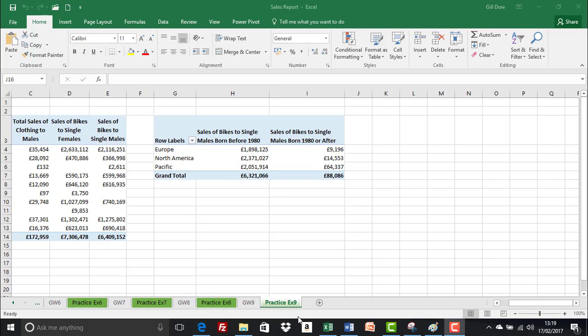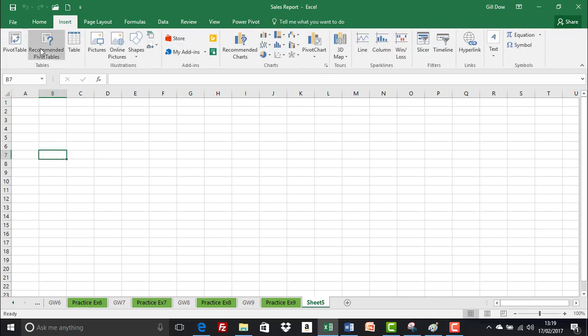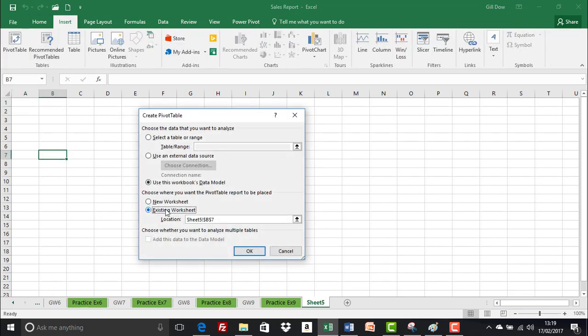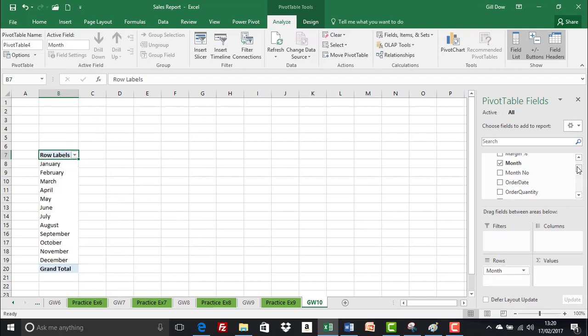So we've been asked to insert a new pivot into a new worksheet. I'm going to take a different approach. I'm going to add a new worksheet, select B7 and insert pivot table in the existing sheet at B7. Okay, perfect. And just rename this Group Work 10. So from the Sales table we want Month. There it is, and we're going to drop that into the Rows drop zone, and then Total Sales